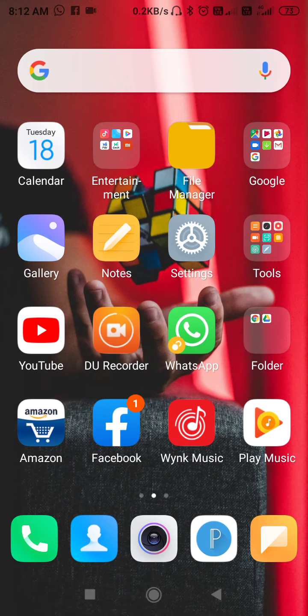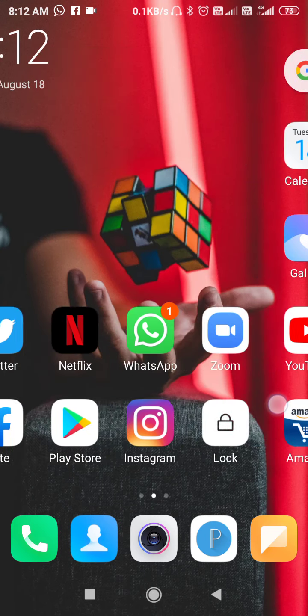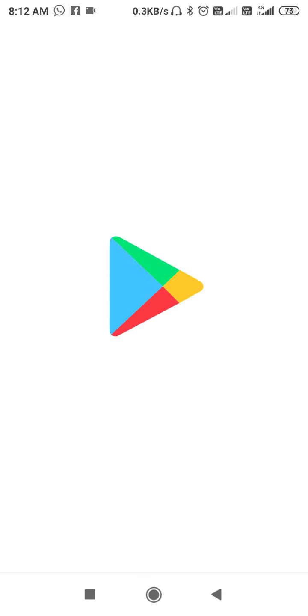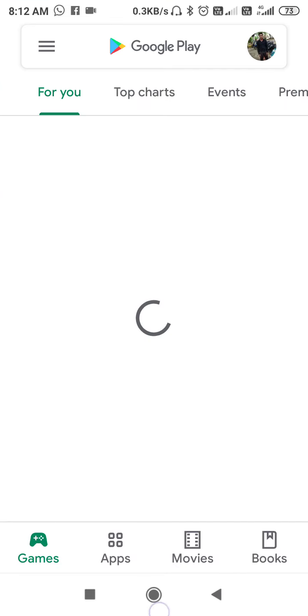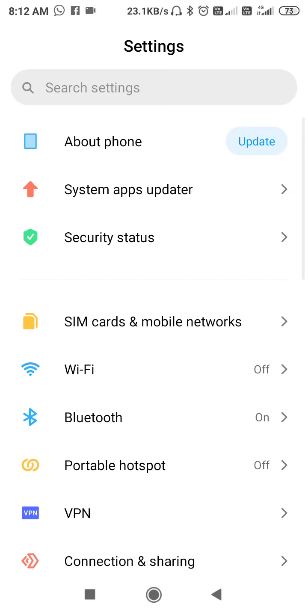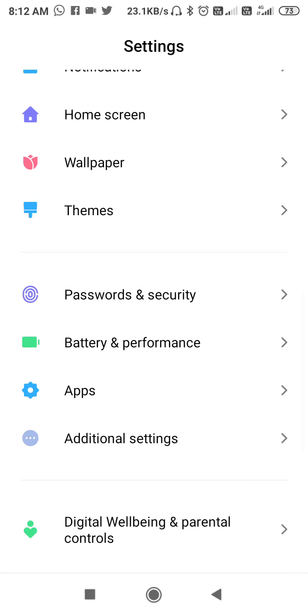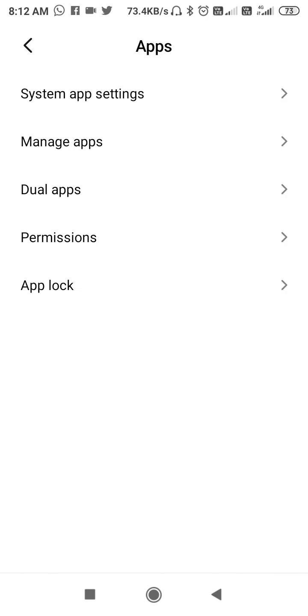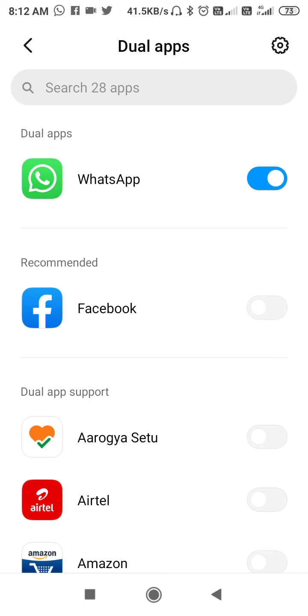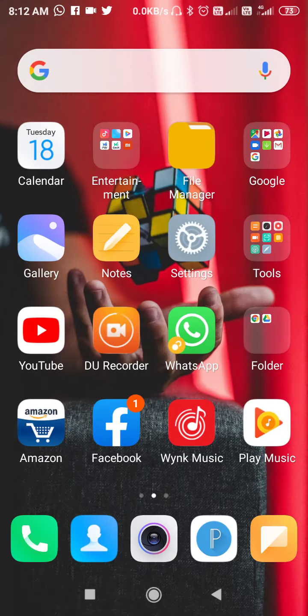So guys, if the dual WhatsApp is not working on your device, then go to Play Store. But first you have to disable that dual application. Go to your settings, scroll down, go to apps, and then go to dual apps, and disable the dual WhatsApp from there, and then go back.